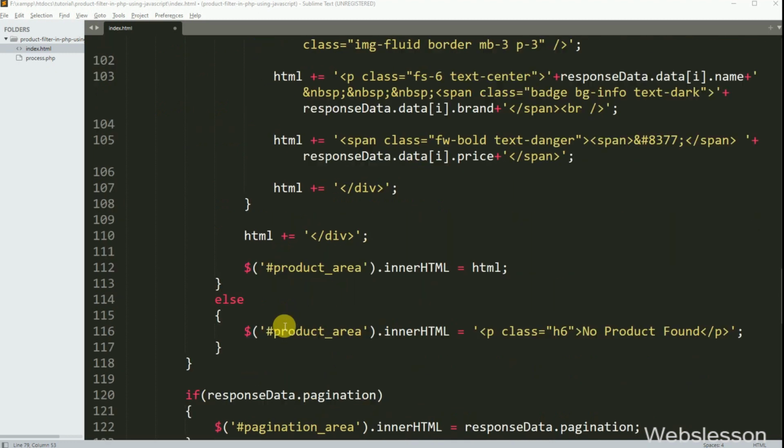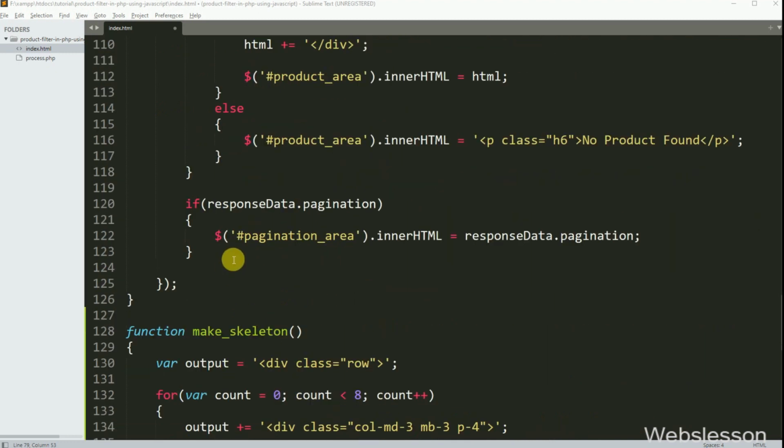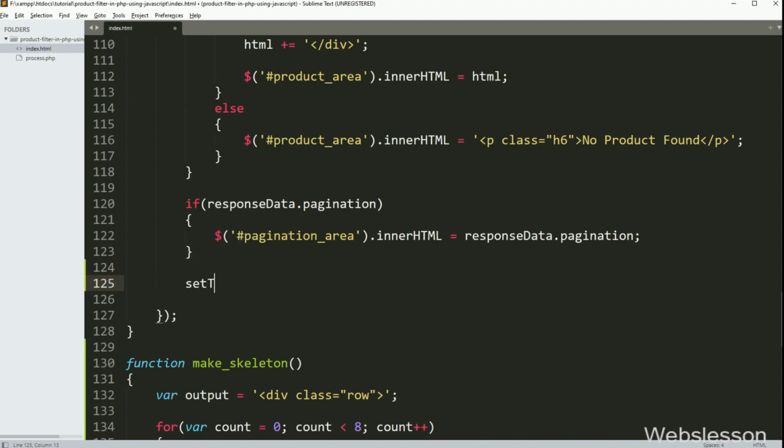Next, at the end of this load product function, we have written a set timeout function with 3000 milliseconds, so it will call the content of this function after 3 seconds of page load.